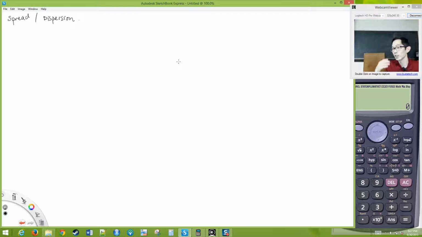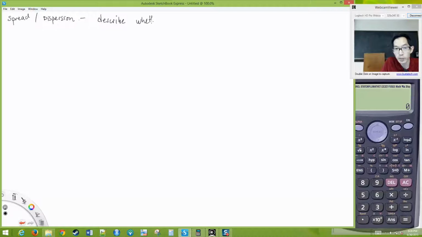And if your number is 240, you would be worried in the case where the spread is small, but you would not be worried if the spread is large. Okay? Does that concept make sense? Okay? So that's what we're getting at with spread and dispersion. Okay? So spread and dispersion describe